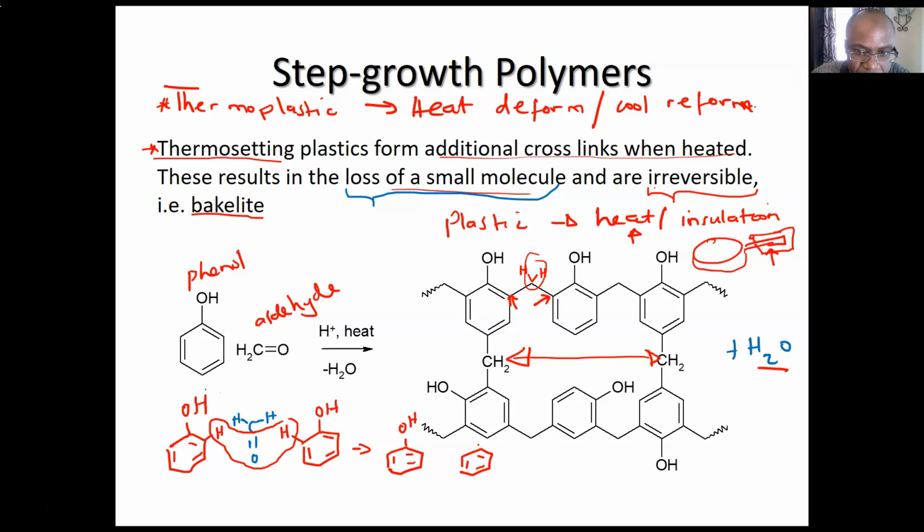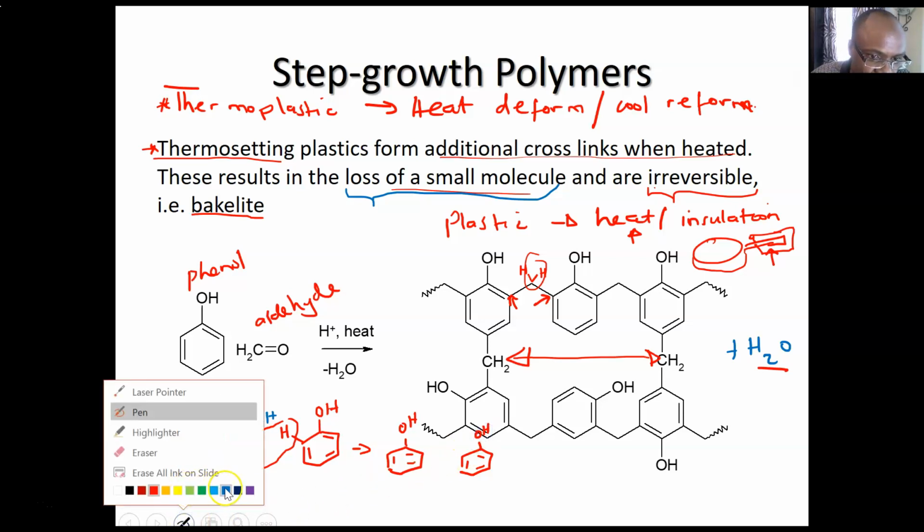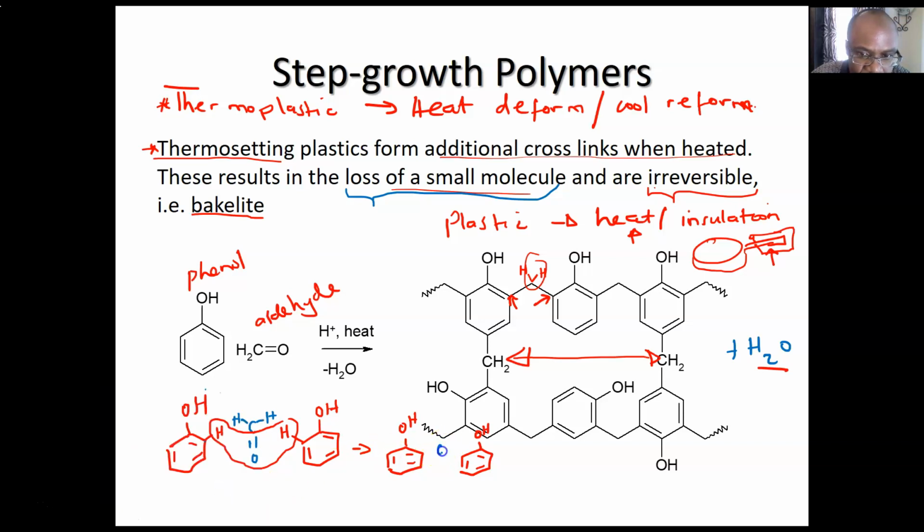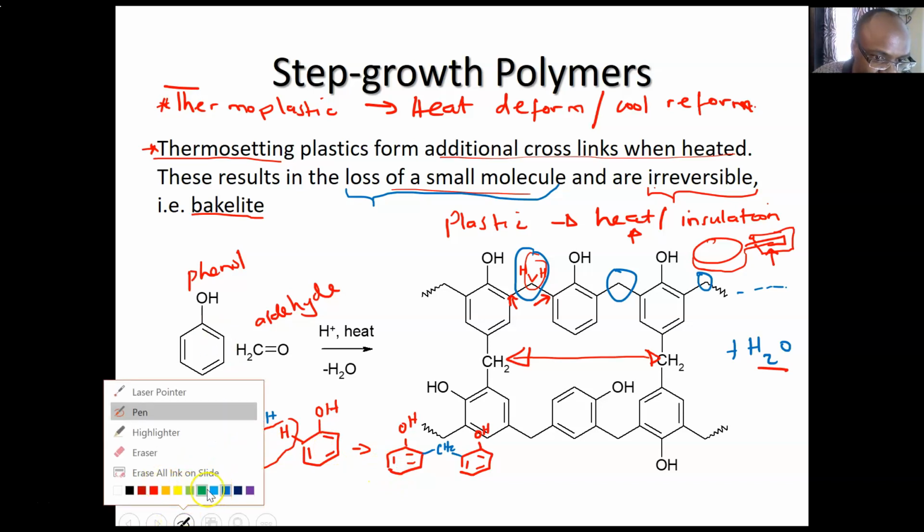When that happens, you just joined your two phenols using a CH2, but the two phenols have sacrificed their OHs. So now in the middle, I have to show my CH2 that's joined. That's joining the two rings. So that's a CH2, that's a CH2, that's a CH2, and so forth. Okay, now that's going across. Going down is the same thing. Going down is the same shortcut you can use